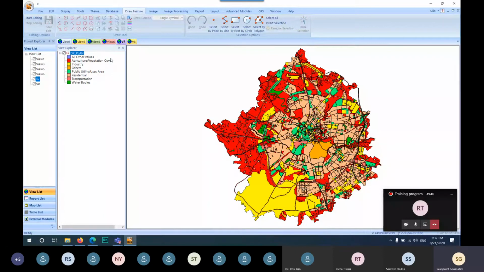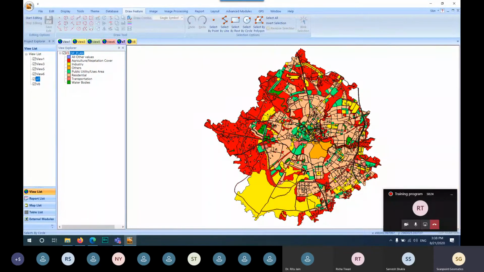So for this, firstly we have the requirement of a raster image, either it is Sentinel data or Landsat data. You have the requirement of your raster data, and then you have to digitize each and every feature which is visible in your imagery, and after the digitization you have to apply various analysis over your digitized vector